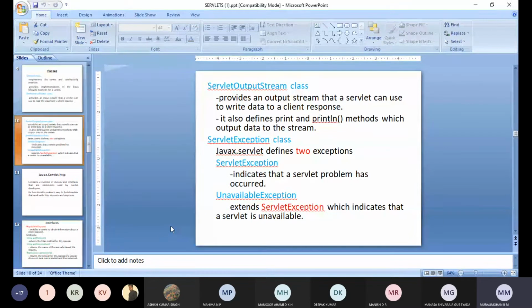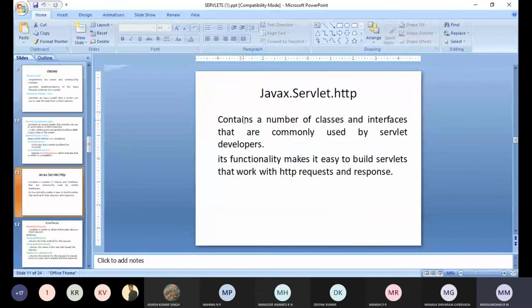Okay. So next we'll see what are the classes and interfaces which are there inside the javax.servlet.http package. The first one is the javax.servlet package, the second one is the javax.servlet.http package. This also contains a number of classes and interfaces that are commonly used by servlet developers. Its functionality makes it easy to build servlets that work with HTTP requests and responses.